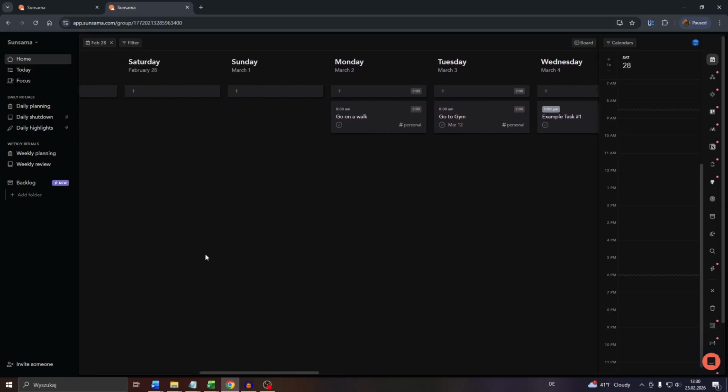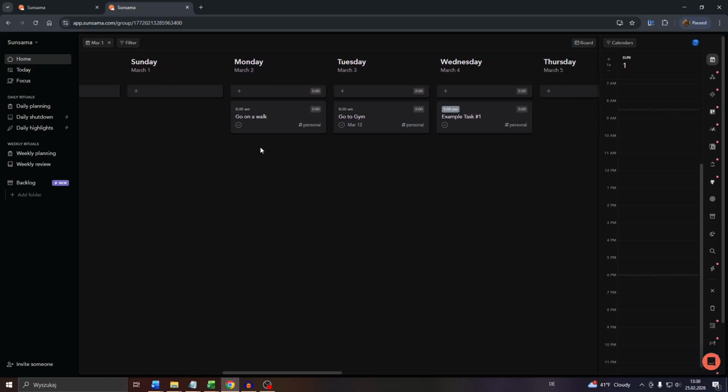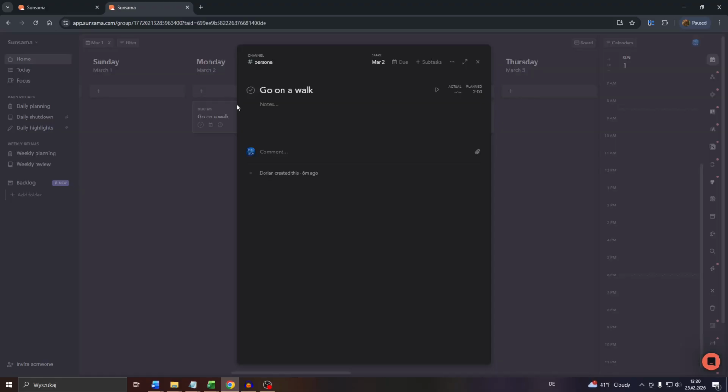Navigate to the Sunsama app, and you can do this for a newly created task or tasks that have been already added to your calendar. I will go with one of these here that I have created for demonstration purposes. So click into the given task, navigate to it, of course, in your calendar, and click into it with your left mouse. After that, what you want to do, guys, is click into these three dots here and select repeat